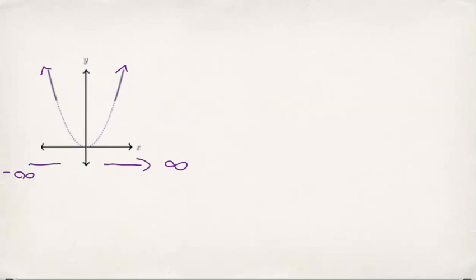All right. And then you can also talk about positive and negative infinity on the y's. So y can go up to positive infinity and it can go down to negative infinity. All right. So the way we write this out is we talk about what's happening as x goes to negative infinity and what's happening as x goes to positive infinity. We say as x approaches